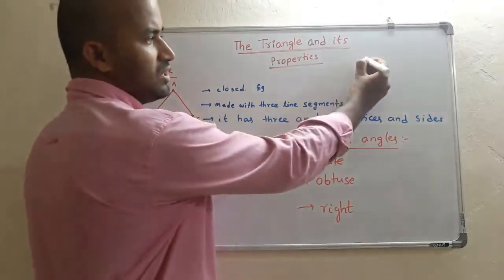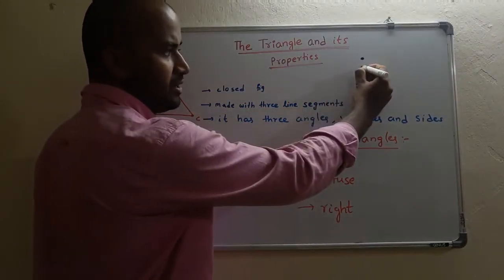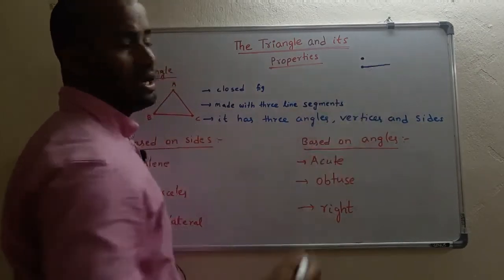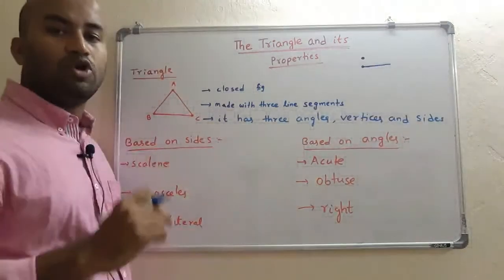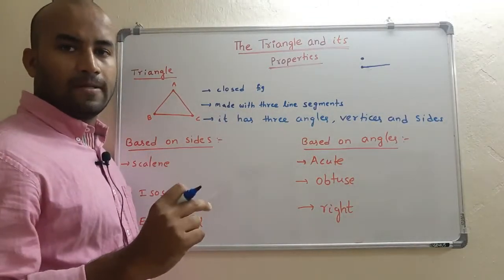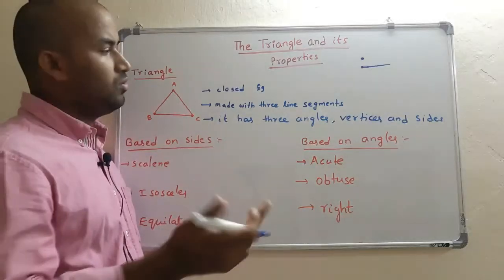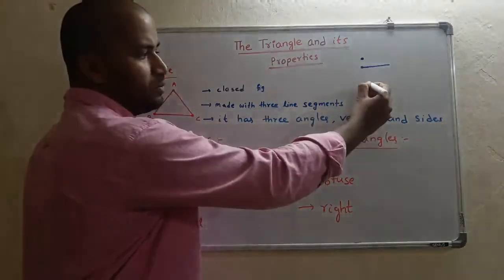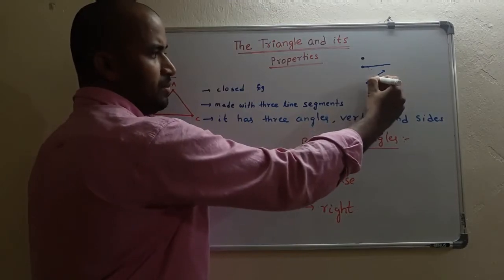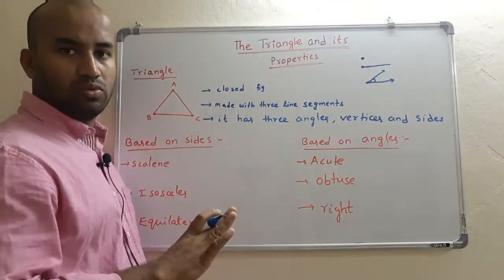See here, first this is the point. If I extend the point, I am going to get a line. We studied about lines. Lines will be of three types: line segment, ray, straight line. If I arrange two lines in a proper manner, they are going to form an angle. We studied about angles also.